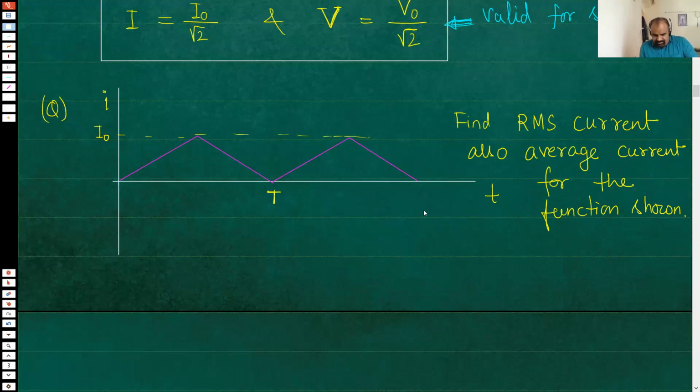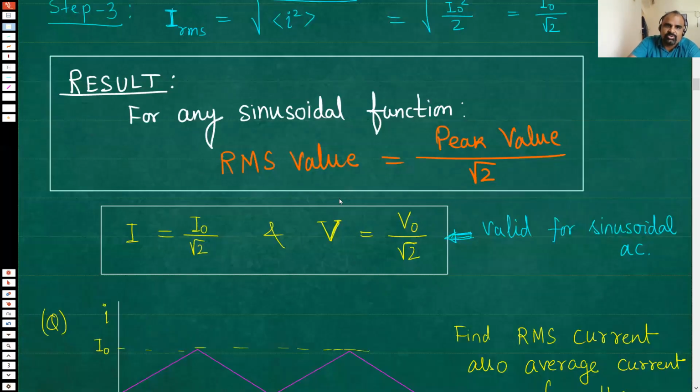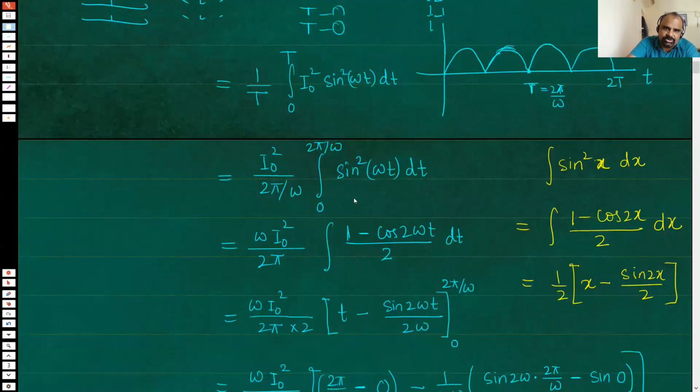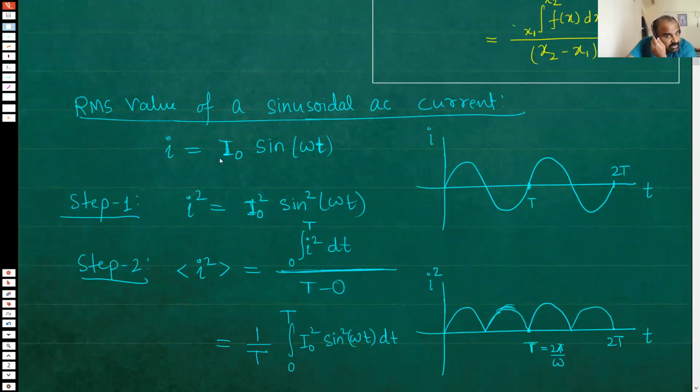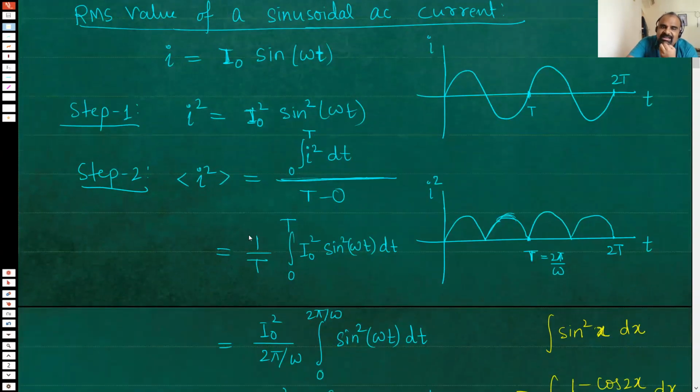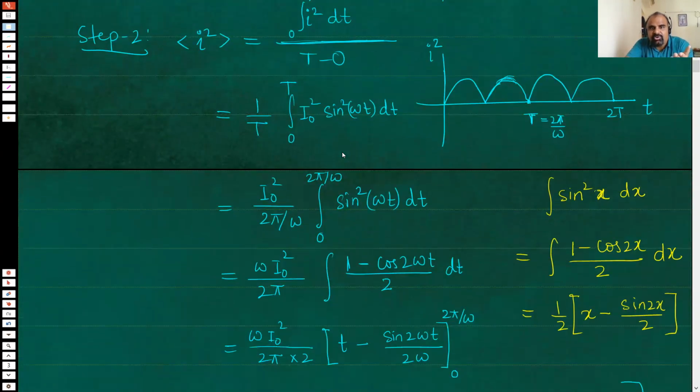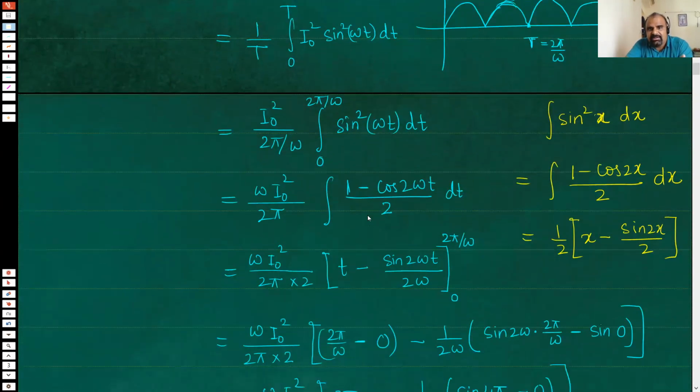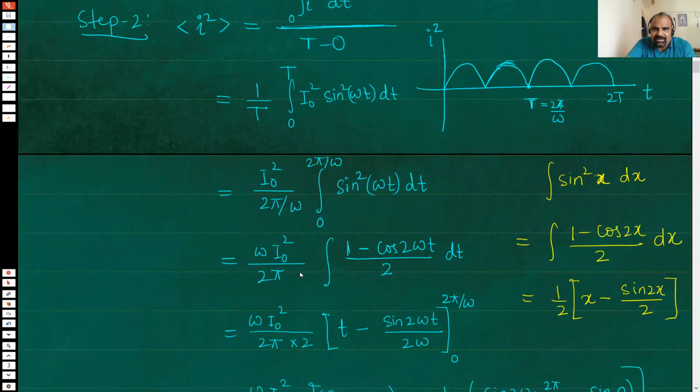Can you do it? You know the steps. I would suggest at least put some effort. The steps are, let me show it to you. What was the first step? First step was square the function. Second was the only lengthy step. Here you wanted to find average. And finding average means you need to do some integration and divide it by that interval. You will get the average.